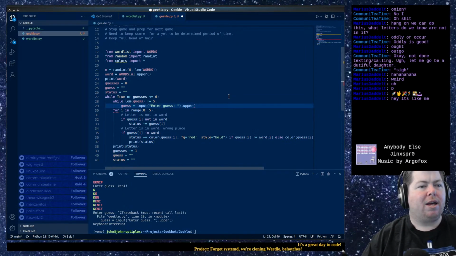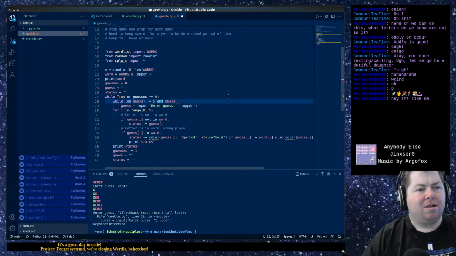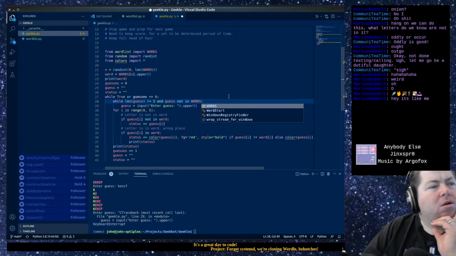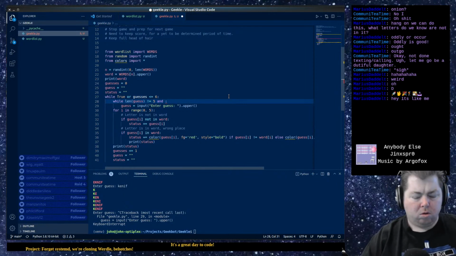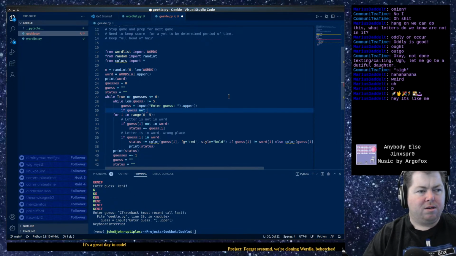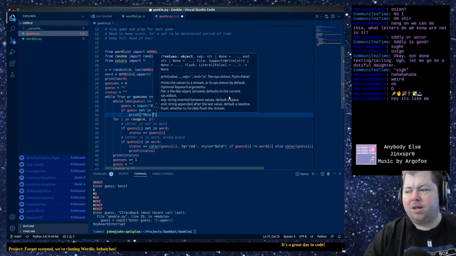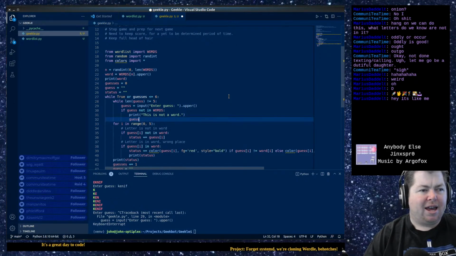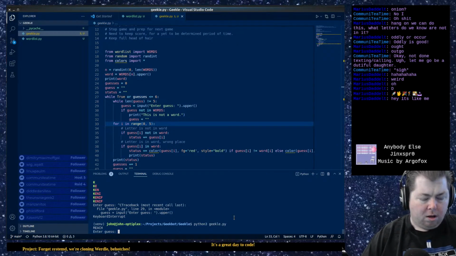While guess and guess not in words, print this is not a word. Then we'll reset guess so it triggers the while and it comes back around. There we go.